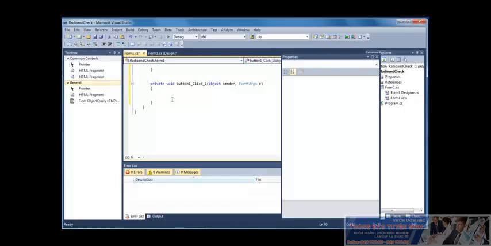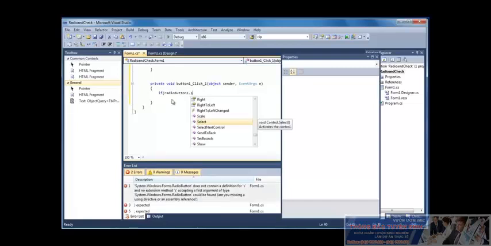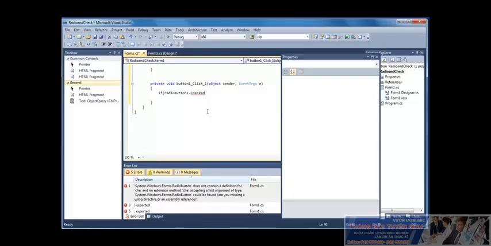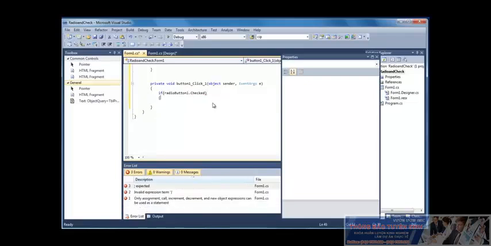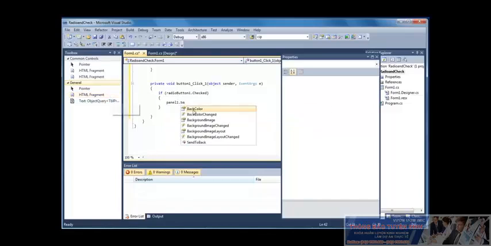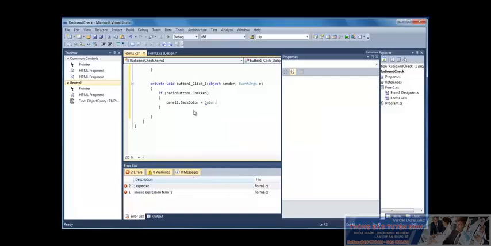But what I'm going to do here is first of all see if my radio button 1 has been selected. Now it sounds odd, but it's checked that we're going to use here. It's the same as that we used for the checkbox. So if the radio button has been checked, that's radio button 1, then what I want to do inside this bit of code is set my panel color. So let's just go panel1.BackColor, and I'm going to set that to red. So if I just use the simple Color.Red syntax, just going to make life quite easy for me,